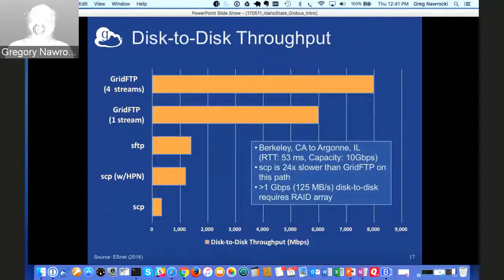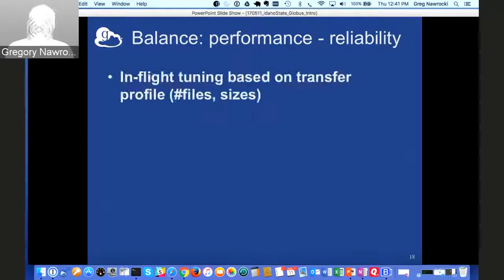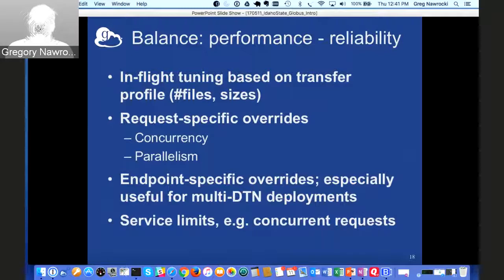Again, performance is an end-to-end equation. So, your DTN, network paths, routers, once that path is set up correctly, our tools just work. So the big trade-off here is always performance versus reliability, and when you're configuring your Globus Connect Server, we've got a couple of levers you can pull to maximize that speed.